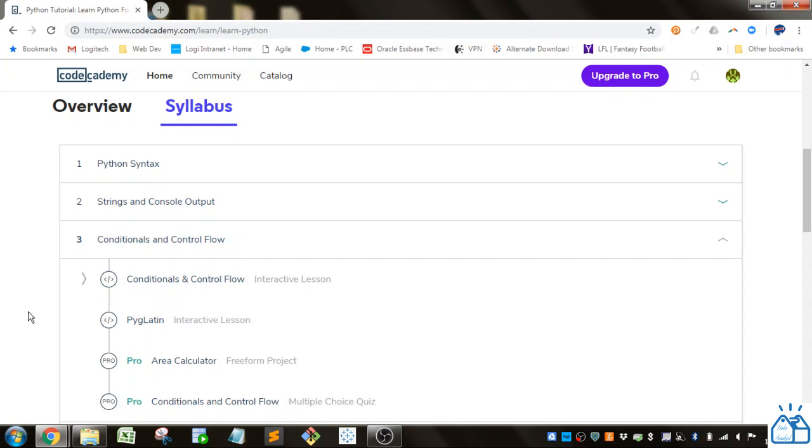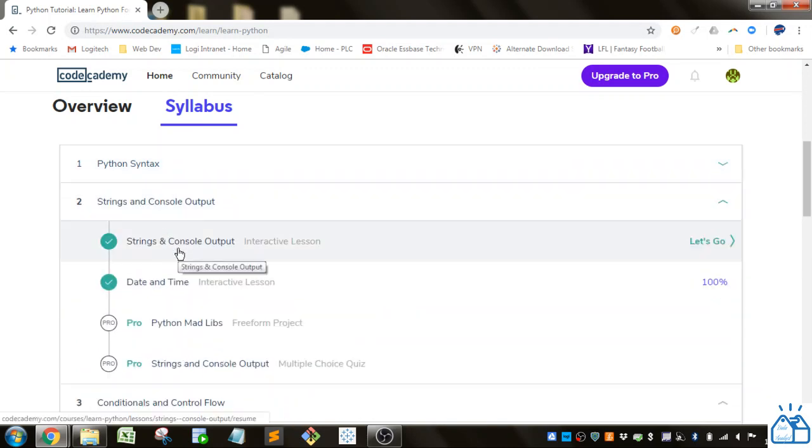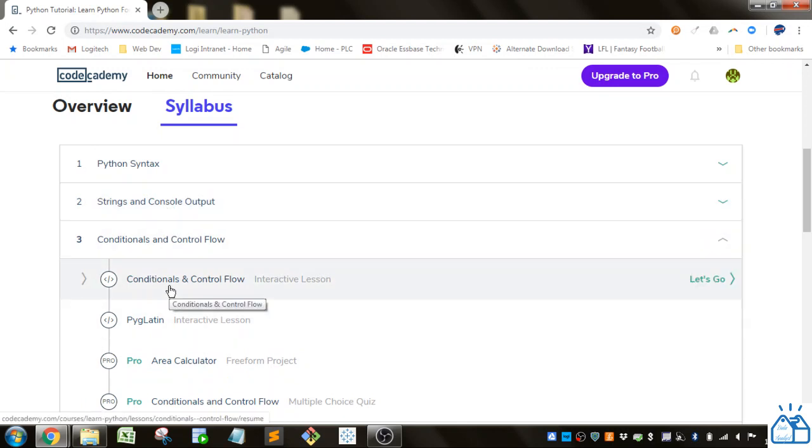Today we're going back to the Codecademy exercises on Python. So we've already completed Python syntax, strings and console output, date and time, and now we're moving on to conditionals